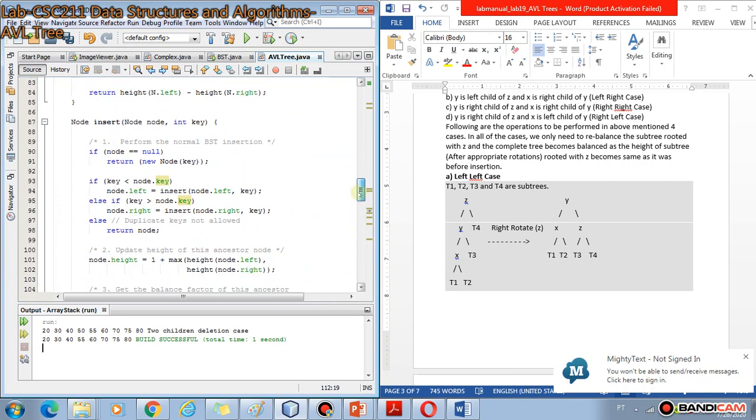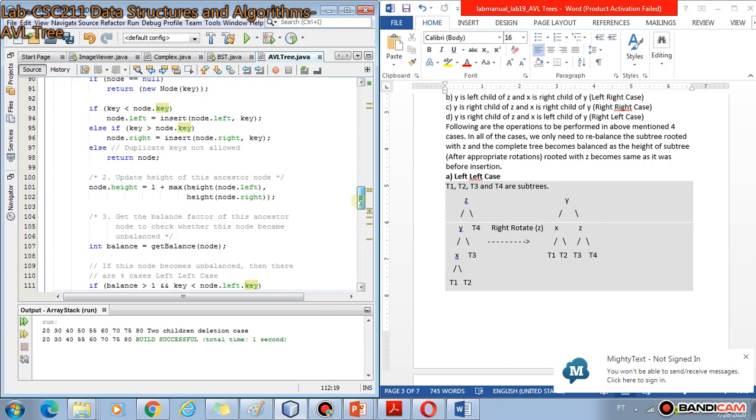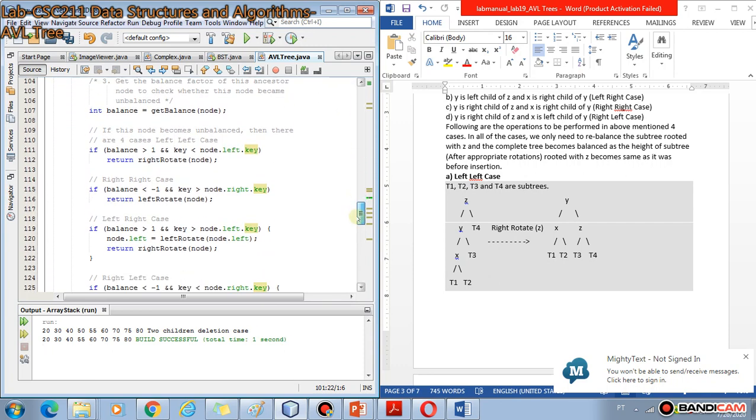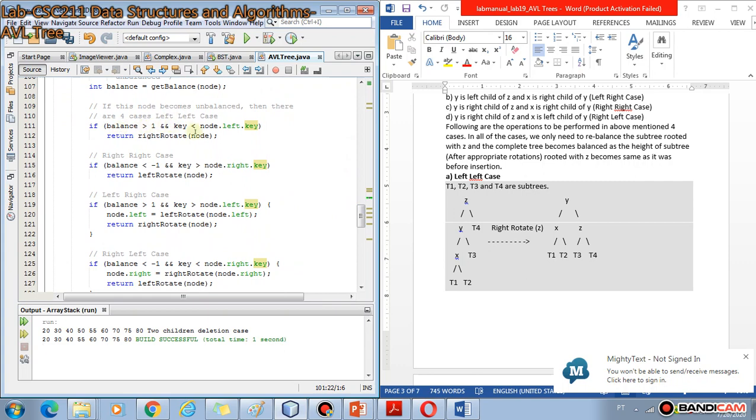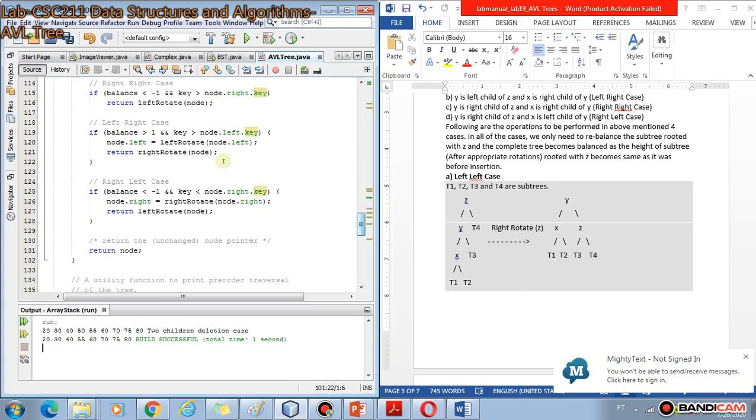The if condition has been completed, so it will come to node dot height again, but now this node is pointing to the parent of the node whose height has been adjusted earlier, and we compute the balance factor of the parent node. So up till the root, it keeps on computing the balance factor of all the ancestor nodes of the newly inserted node, and it checks if the balance is greater than 1, and which case this is, left-left or left-right.